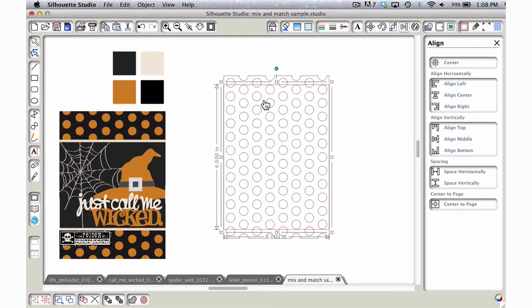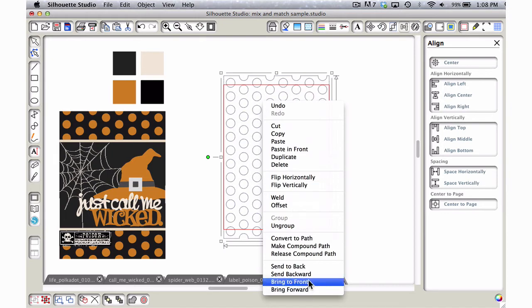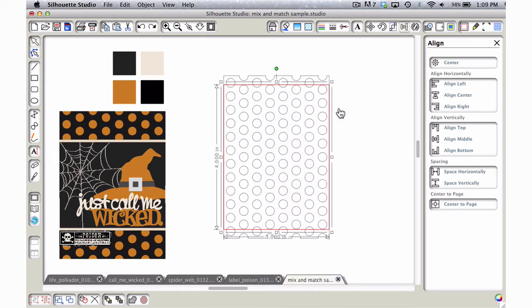So I'm going to copy it, and then I'm going to press Control or Command F to paste it right on top. And you can see that that red line kind of doubled in thickness, so that you know that there is a second rectangle there. I'm going to move it to the top, and I'm going to right click and do bring to front. Before I use the modify window, I want to make sure that this shape truly is